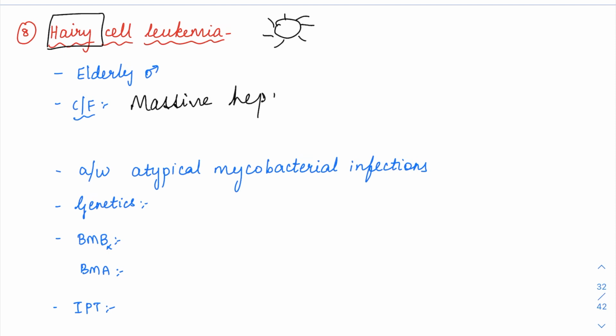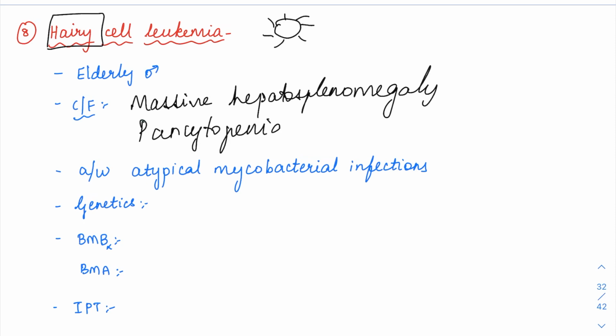Massive hepatosplenomegaly, and in the blood, if you see, they are going to have pancytopenia. This leukemia, I told you, can involve the bone marrow and the peripheral blood as well. In the bone marrow, when this hairy cell leukemia infiltrates, it is going to cause bone marrow fibrosis. Whenever there is bone marrow fibrosis, it is going to yield a dry tap on bone marrow aspirate,